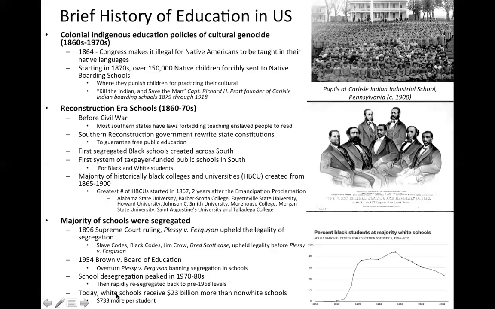There's a study that was done last year that said white schools receive $23 billion more than non-white schools. That's $733 more per student. And I've seen studies as well that go way beyond that, especially when you get into certain state level studies, so this is the low end. So right now, we are pouring more funding into white schools as our educational system is resegregating, creating more and more white schools as well. This is a very disturbing trend that we're seeing.